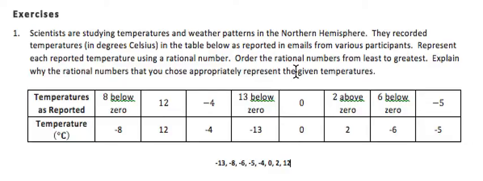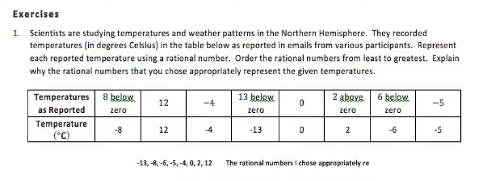The final part of this problem is to explain why the rational numbers that you chose appropriately represent the given temperatures. Now, a really great way to go about this is actually to restate the question. And so one thing that I suggest that you do is, and I'm actually going to write up here because I don't want to lose room, is I'm going to say that the rational numbers I chose appropriately represent the temperatures